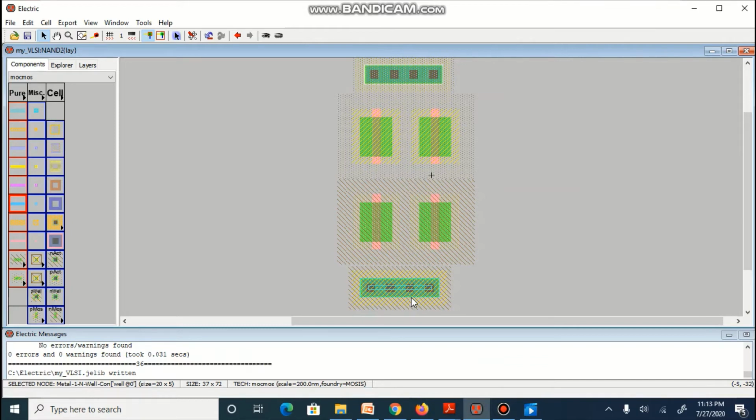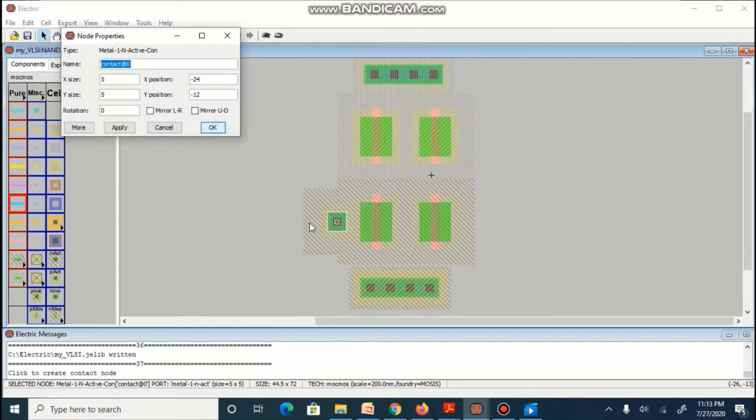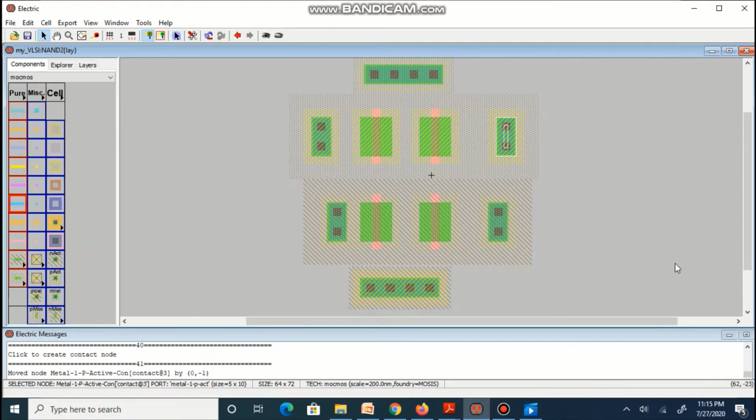Now we will use an active for making our drain as well as source connection. N active and P active are placed besides the transistor. Their Y size is changed to 10 as transistor W by L is 10 by 2.